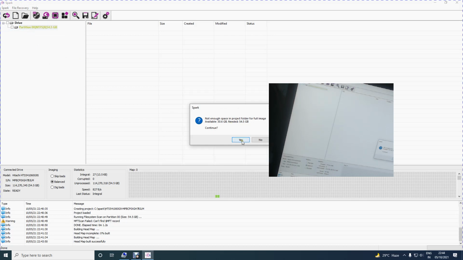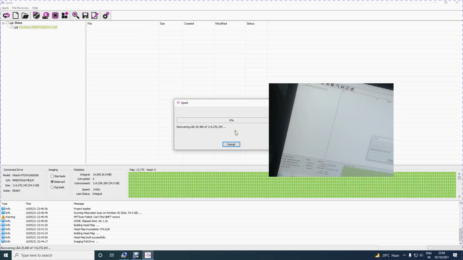We want to continue, so I say yes, and here it is imaging head 1, head 2, head 0. 14.5, 15 MB/s is the maximum speed we are getting out of this drive. 12 MB/s, 13 MB/s, and this is at a balanced level.